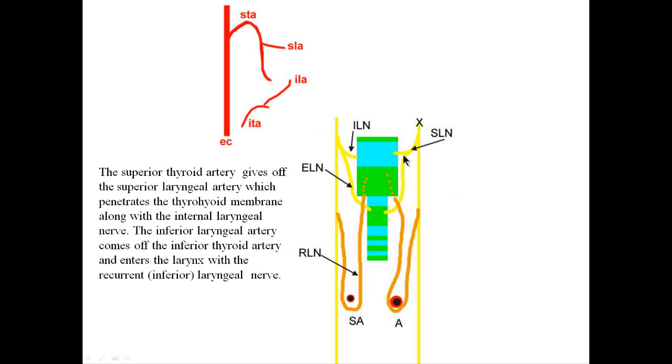The superior laryngeal nerve splits into internal laryngeal nerve and external laryngeal nerve. As we said before, the external does nothing but the cricothyroid muscle. The internal laryngeal nerve is sensory to all the areas above the vocal cords in the larynx. The recurrent laryngeal nerve is sensory to everything below the vocal cords in the larynx and is motor to all